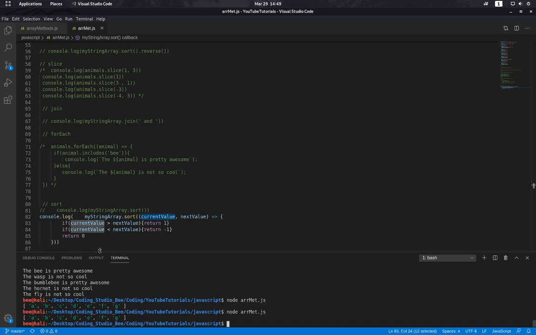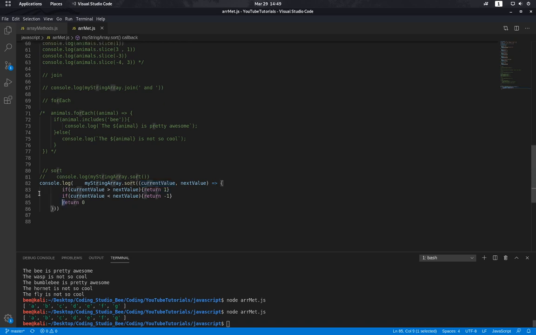I really encourage you to practice it. Check other codes on Stack Overflow, how they use sort. Go to Code Wars exercises and use sort as much as possible, because if you learn how to use it really well, it's going to be a very useful thing. Now, it's easier when you sort numbers. Actually,